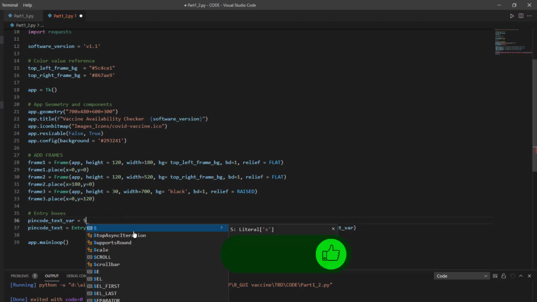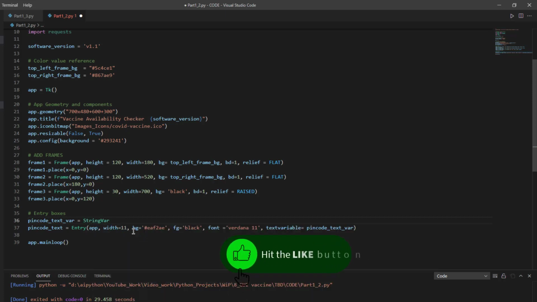There's a concept of string var. In order to handle strings in tkinter, you can use string var. So this string var is used to basically instantiate a variable, and we have declared the string var, a variable that can be associated with the reading and writing functionality of this entry box, right? So most of the things are done right now, and we need to just place it somewhere.